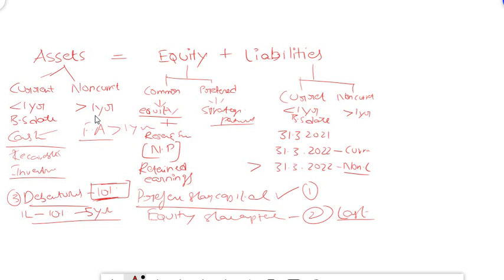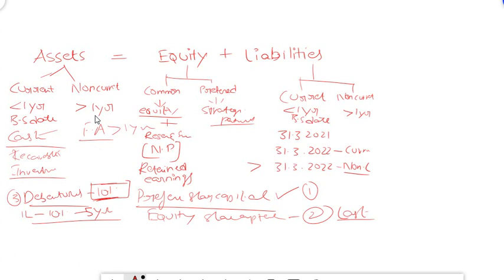Equity capital, just now I have explained. Common forms of equity capital or common forms of capital are equity capital, preference share capital, and there is a third concept which is called as debentures. It is similar to your concept of bonds or loans.